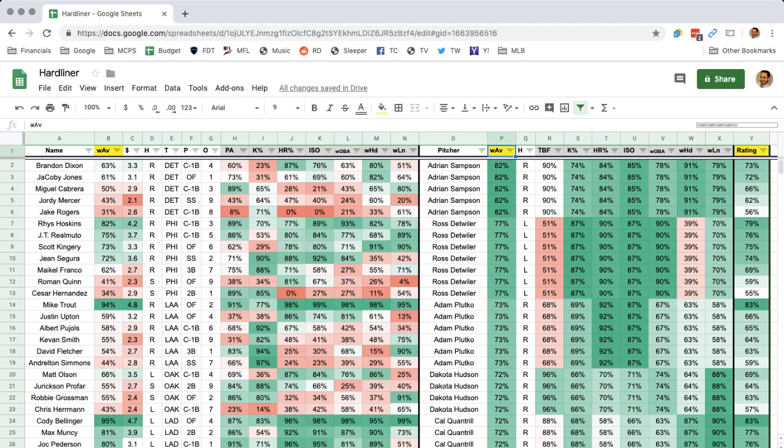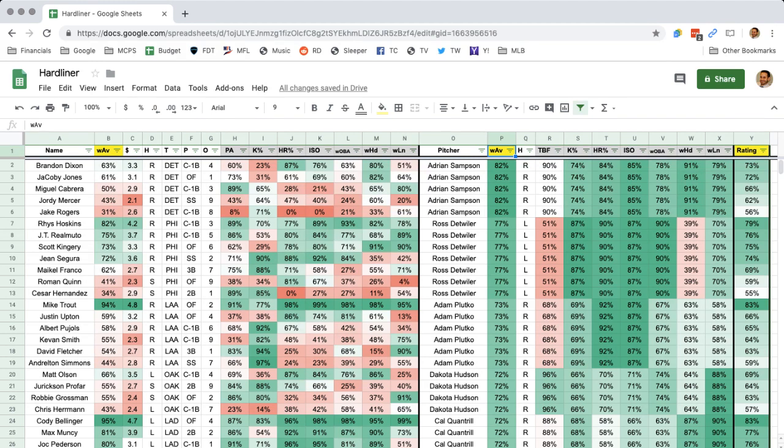So Adrian Sampson, righty on righty, that's the worst matchup. Now, he is facing the Tigers. Just looking at the weighted average side for the Tigers, he's facing, at best, Brandon Dixon and Jacoby Jones, 63, 61 weighted averages, respectively. And then Miguel Cabrera, Jordy Mercer, Jake Rogers bring up the rear there.